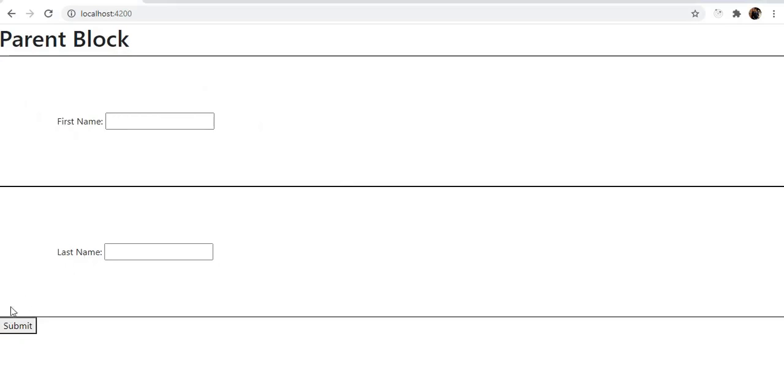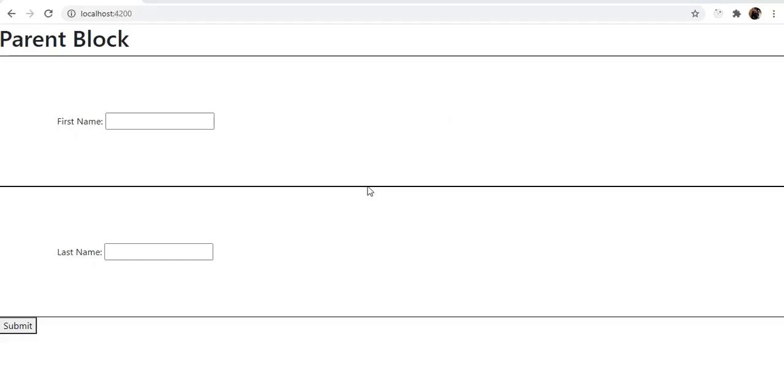Okay, and along with this, what we need to do is we need to add a simple validation for the first name and last name, wherein these will be mandatory fields. Along with that, the submit button will get enabled only when the first name and the last name are entered. So let's quickly do that using inheritance, and also use reactive forms to achieve this.